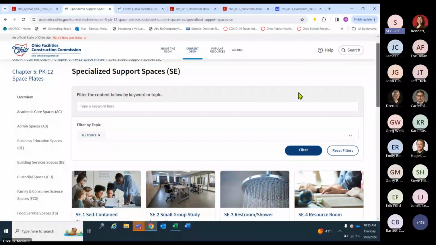Excellent. Melanie, how will these archived websites or archived versions of the manual be saved and accessed? Well, our early versions will be just as they are on our original OFCC site in the PDF format that they are now. But moving forward from 2024, they will be in this new website format. Very good.